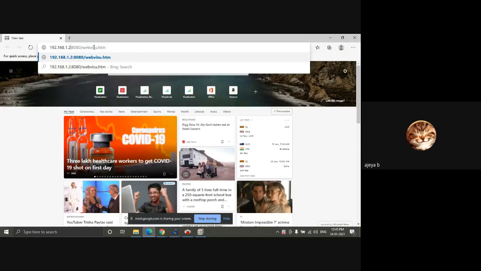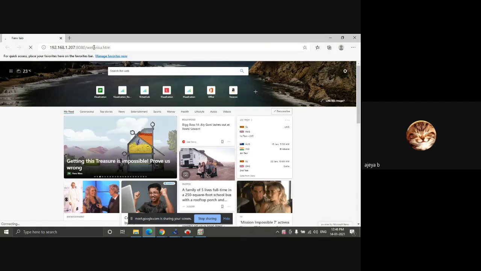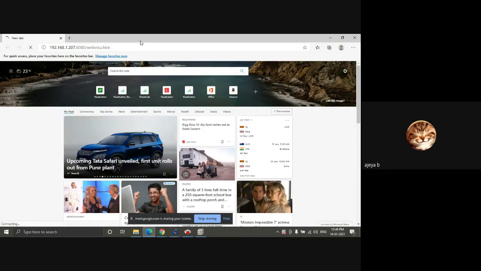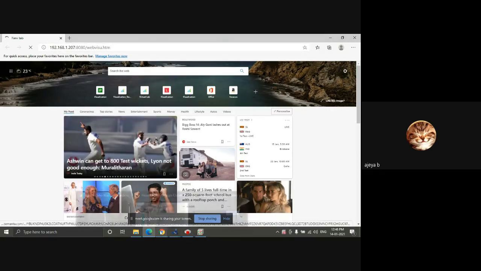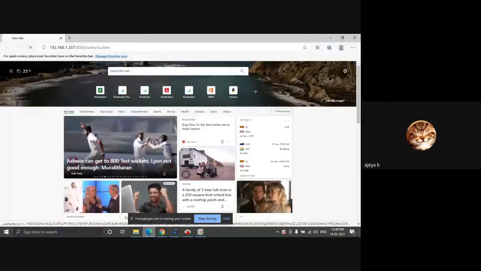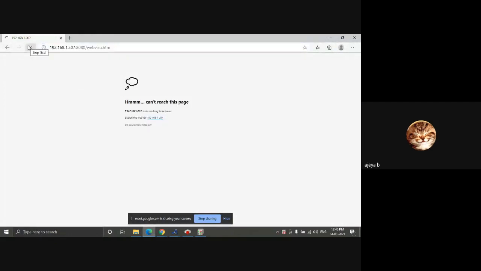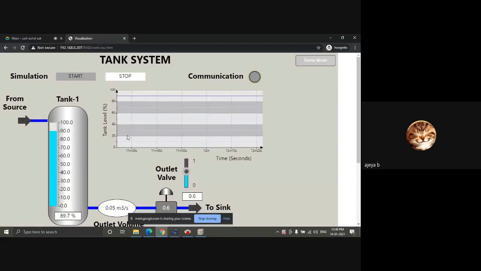Depending on the browser, it might be slower or faster, but it will work. So now it is running in both Chrome as well as Edge. Those are the two ways you can use.